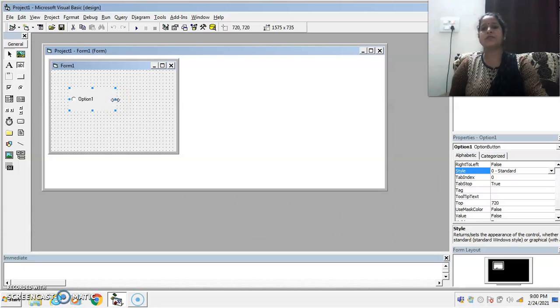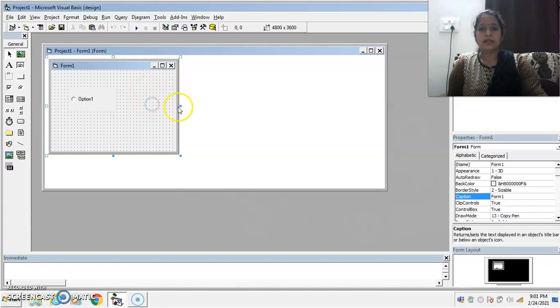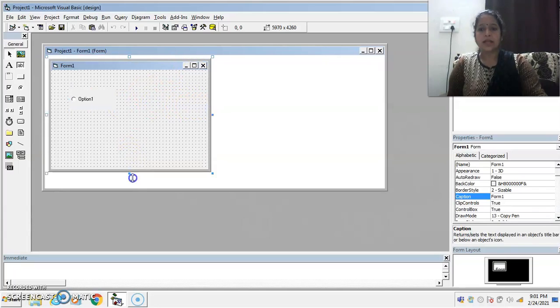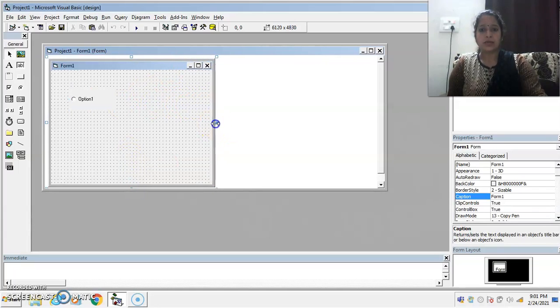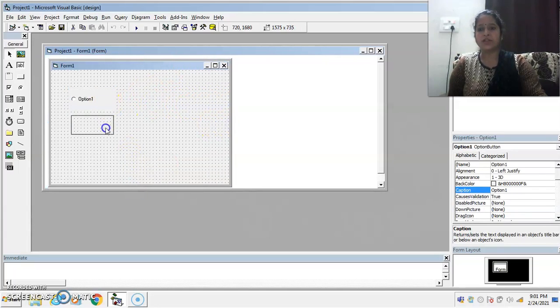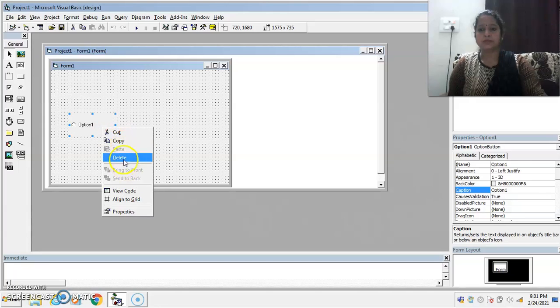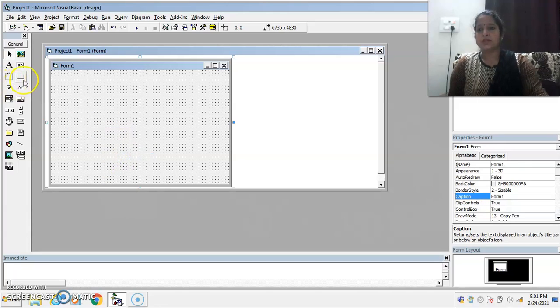And the last difference between checkbox and option button is that in checkboxes we can select multiple choices, and in option button we can select only one choice. Okay, now let us take one example so that you can differentiate between checkbox control and option button control very well.